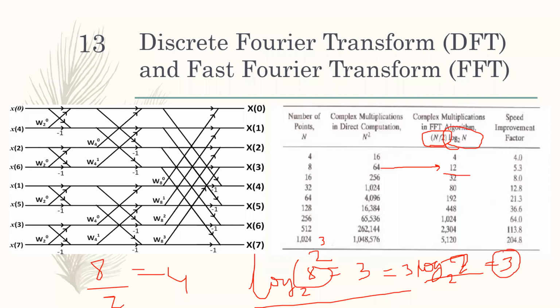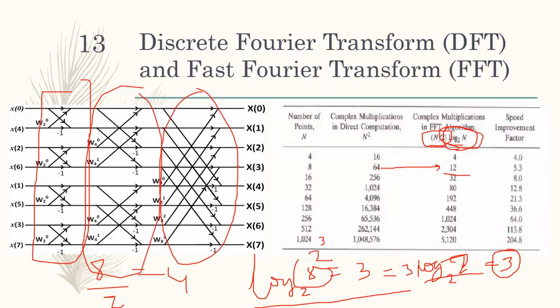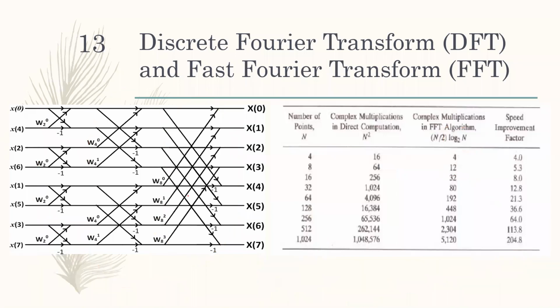So what is this 3 implying? Log of N tells you how many butterfly stages you have: 1, 2, and 3. You have a total of 3 butterfly stages, which is given by log of N. Now, if you just observe in each of the butterfly stages how many multiplications you are observing. Those multiplications are with respect to this and this. Because the twiddle factor is a complex element, I'm getting these things.